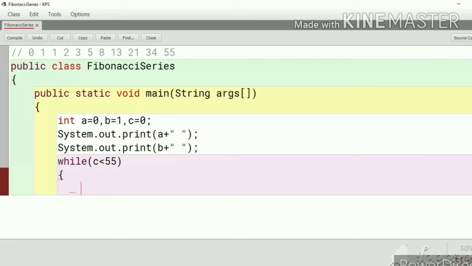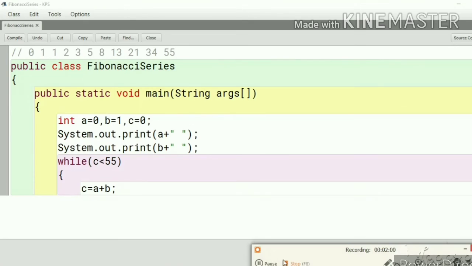Here we'll write c is equal to a plus b for the third term, because we all know that when a plus b is added, it becomes the value of the next term. So here we have written c is equal to a plus b.